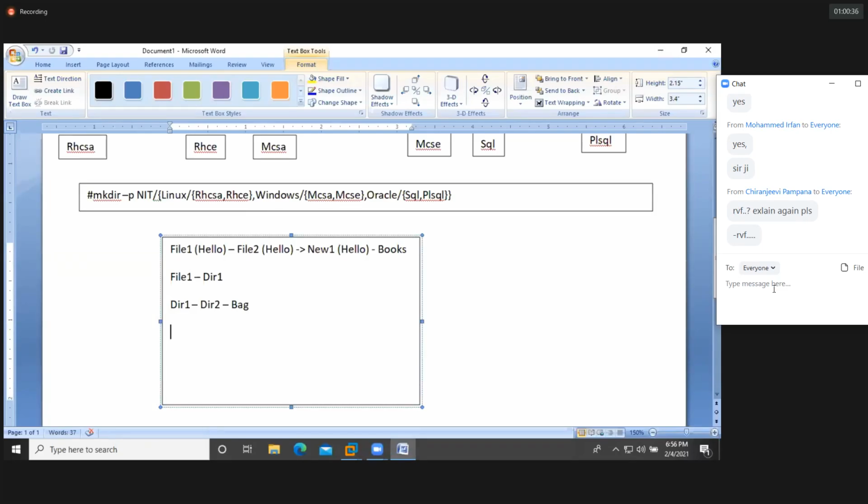R, recursively. So the R full form is recursively. V, verbose. F, forcefully. R recursively means each and every content inside the directory we are recursively copying into another directory. V will print the messages showing from where to where we copied. F forcefully: sometimes when you are copying data from one directory to another directory and you get some errors, you can use F to copy forcefully. R is mandatory, okay. V and F are optional.